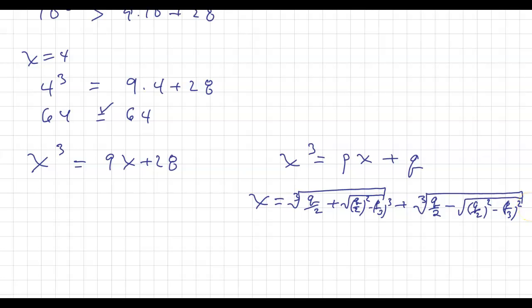That formula is often called the Cardano Formula, even though it was discovered by someone else about 30 years before that. Let's just see that this works for this example. So according to this formula here,